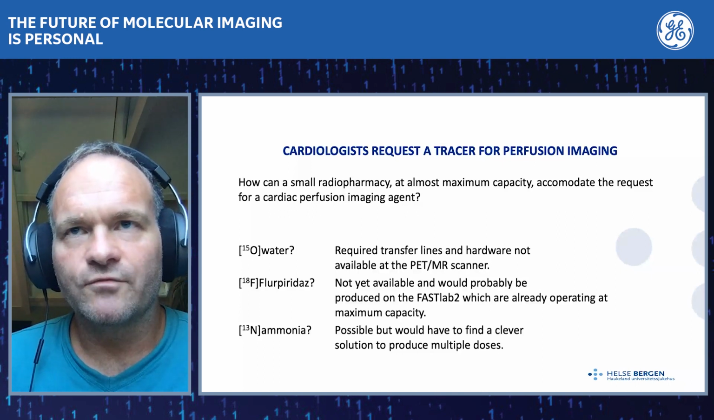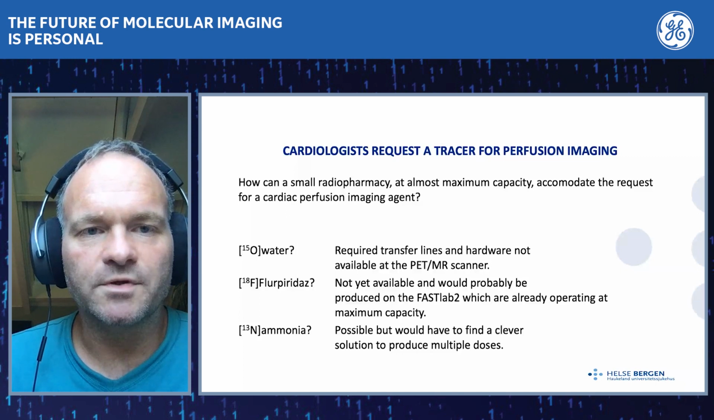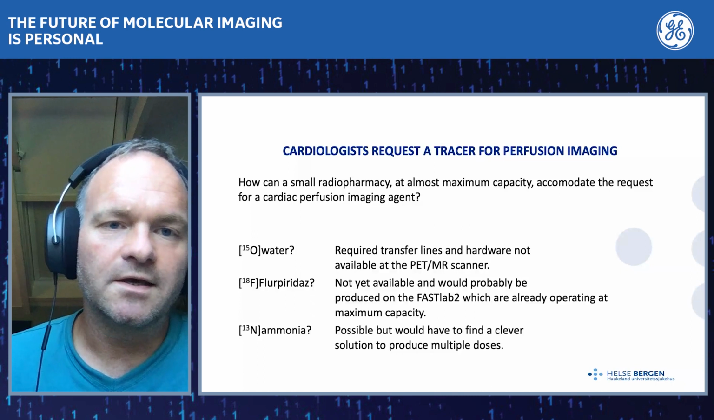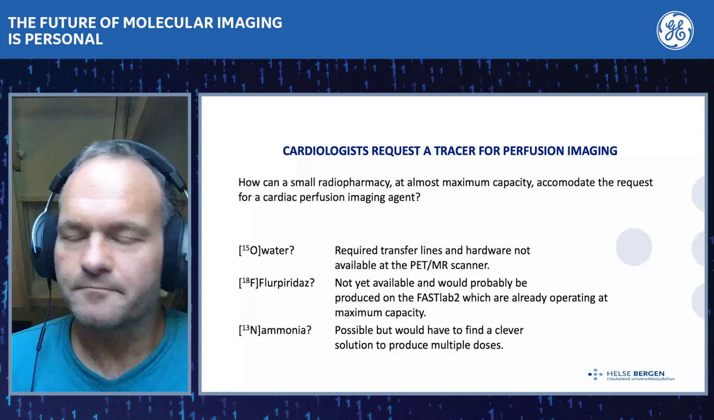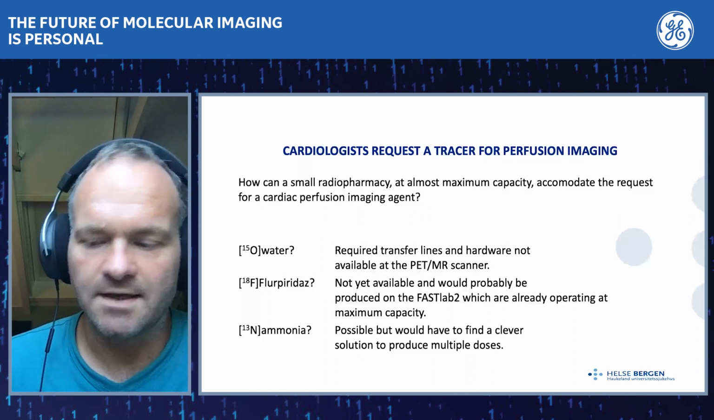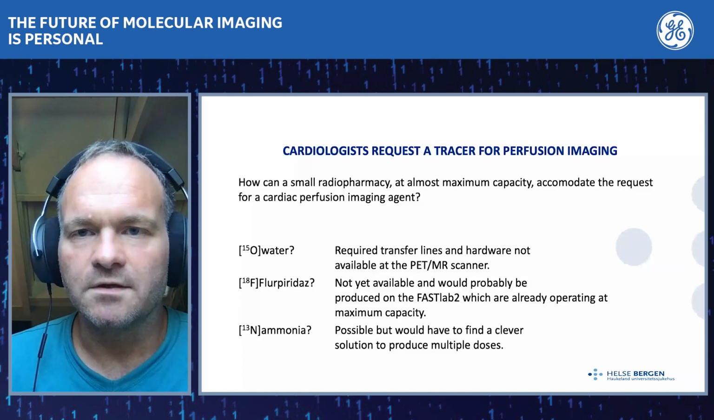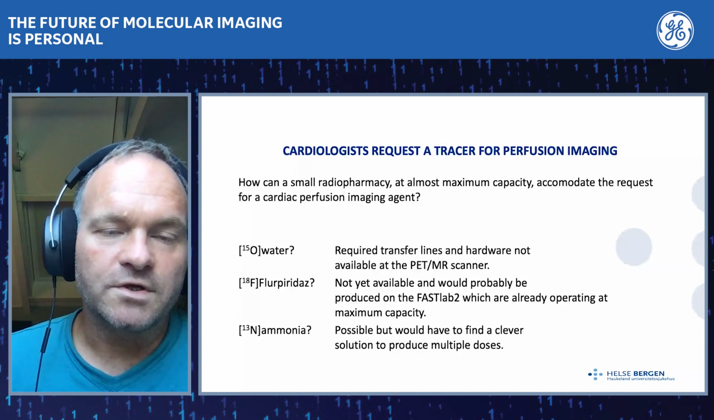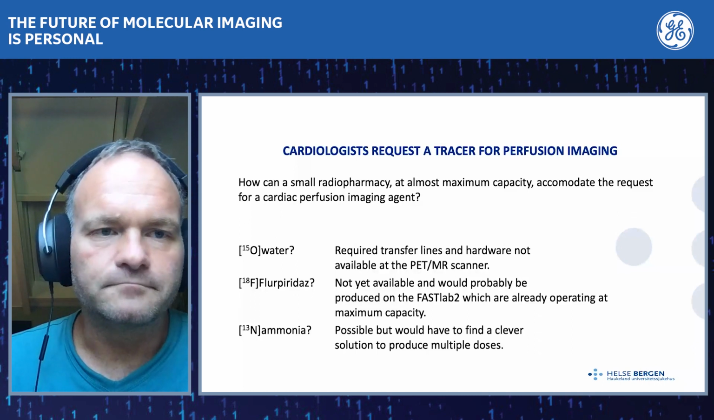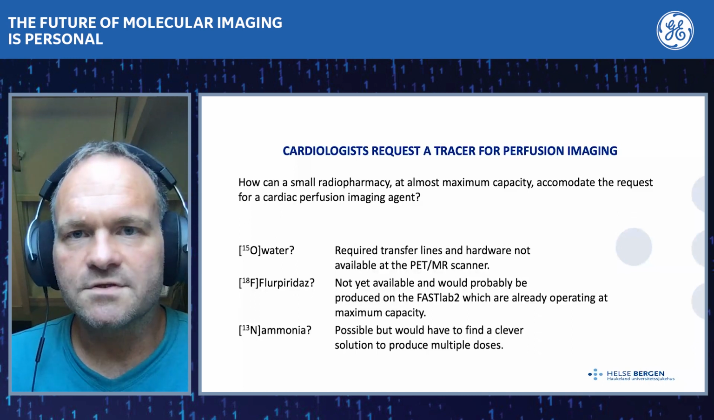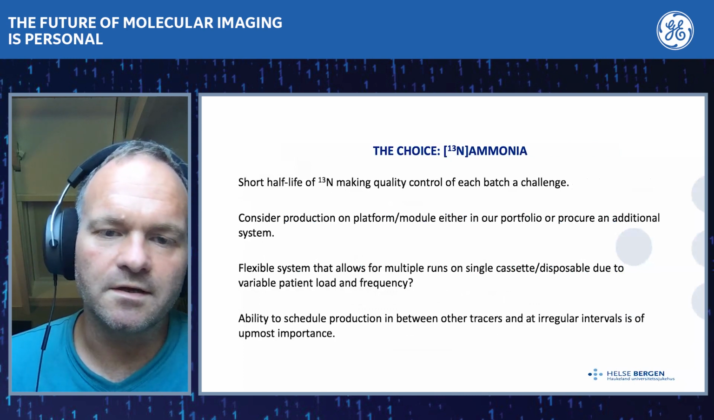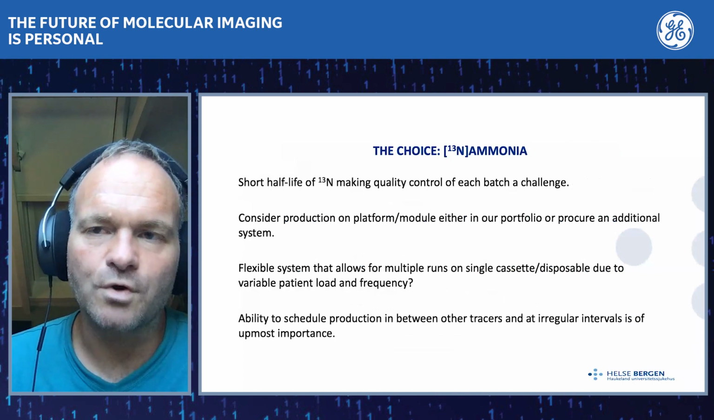For ammonia, we have to find clever ways to produce multiple doses because of the short half-life, but also because the radiopharmacy as a whole is at capacity, as said before. So how do we do that? And which of these tracers should we then aim to produce? So after discussions, we came to the conclusion that ammonia was the most probable candidate,